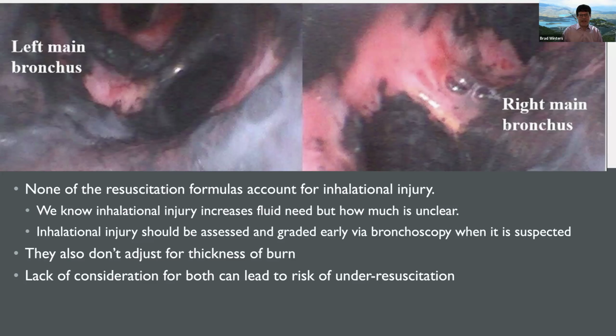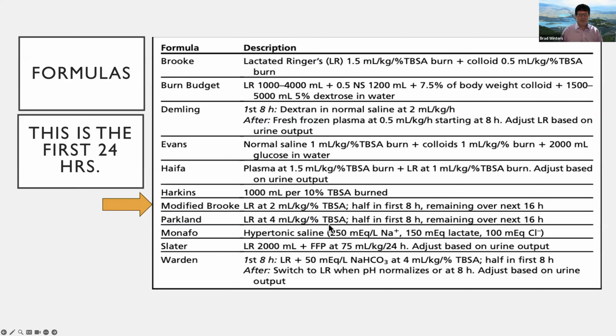Plus, when the patient inhales the hot gases, they have a thermal burn. And you can already see a lot of erythema, redness, and even some small areas that are starting to bleed a little bit. This does a lot of damage. And one problem that you'll notice, we'll go back to the formulas, they're all based on total body surface area. None of these formulas account for inhalational injury. There's no modifier in these formulas for inhalational injury,